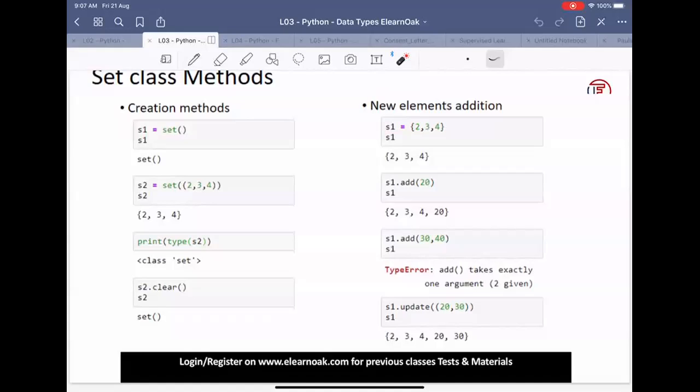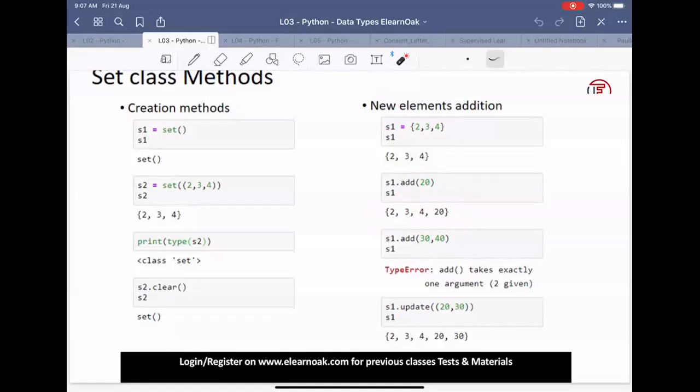Okay, so this is another way of creating the set with 3 elements, 2, 3, and 4. We can do an add object. So s1.add(20) will add the element into the set. Okay, so we can see 20 gets added into the set. Where it gets added, we have no control. It may get added in the front, between, or in the end. As I said, sets are unordered, so we do not know where it will be added, but it will be added within the set.